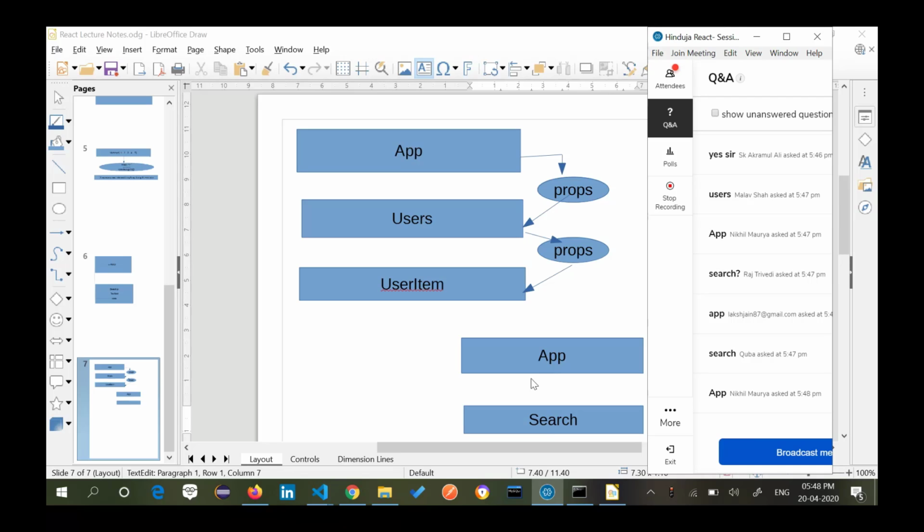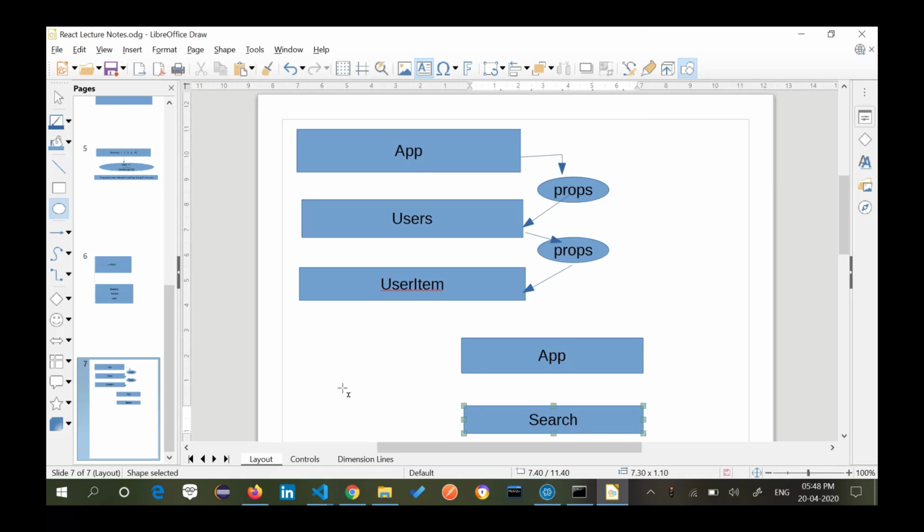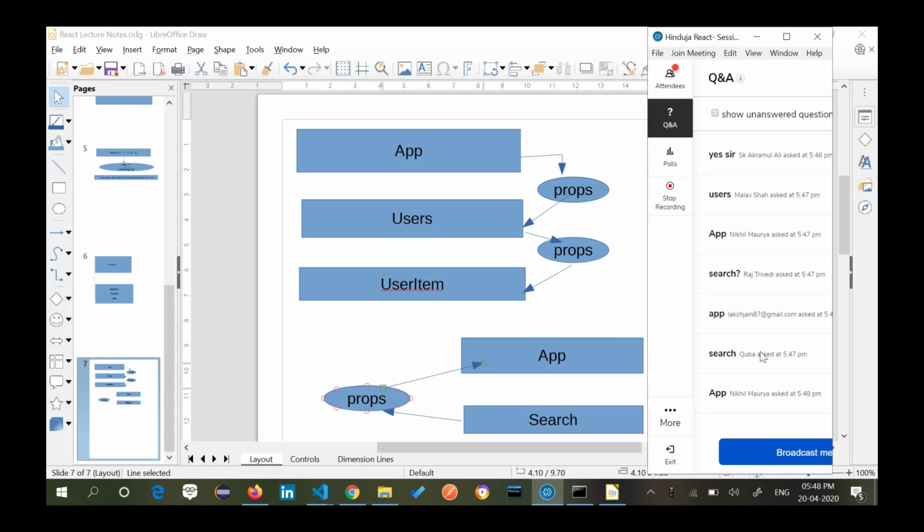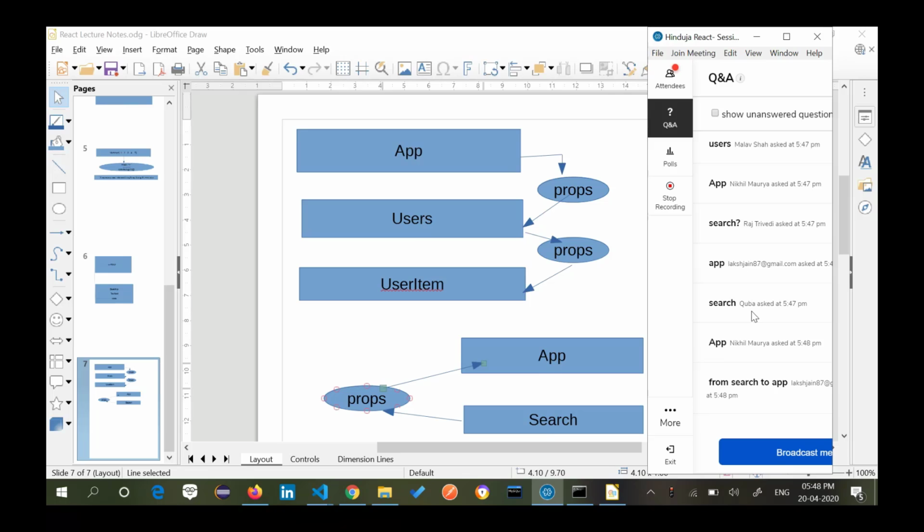So now, don't you think the data this time will actually pass on from search to app? Do you agree?